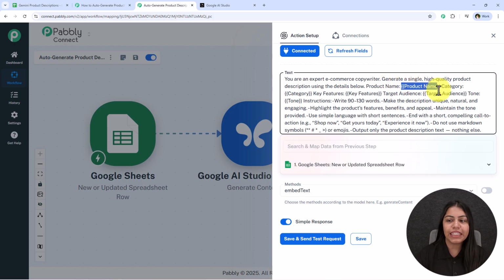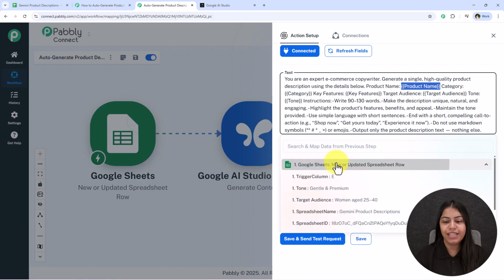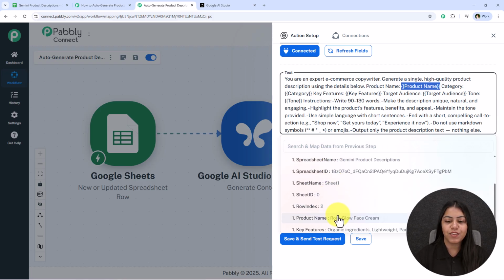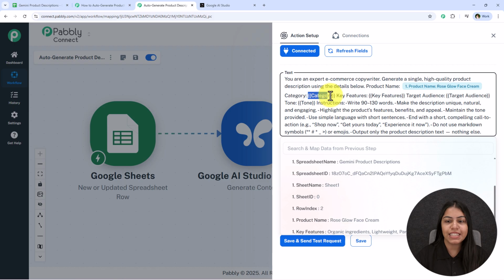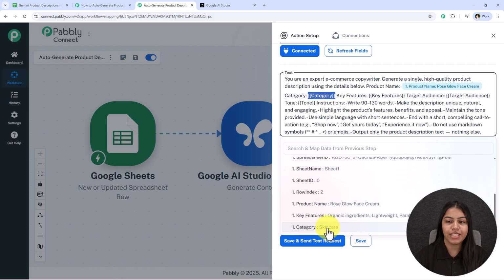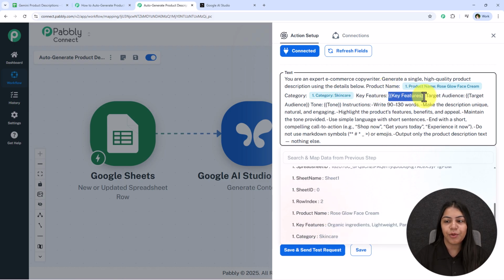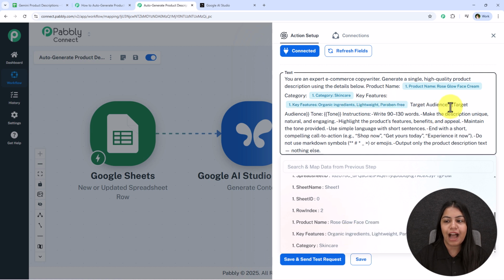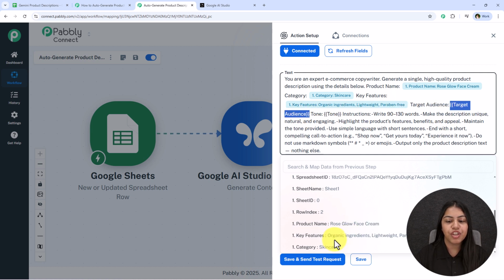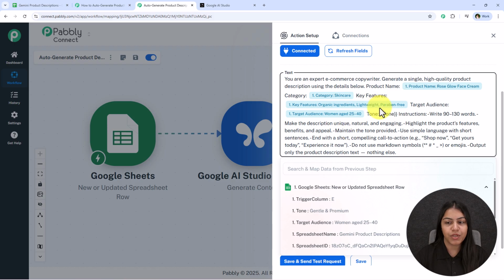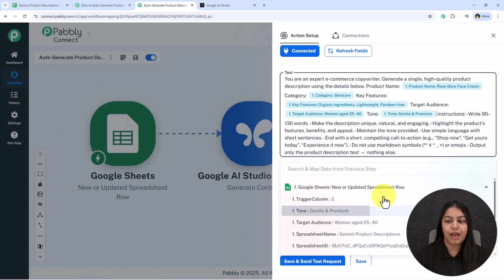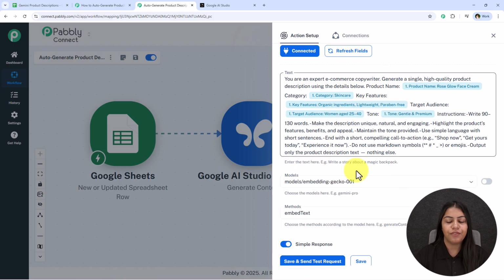But we're not going to enter the details manually by typing it, but instead we are going to map it. So you must be wondering what is mapping. So mapping is a method by Pabbly which means inserting the data from the previous step. And when we insert the data from the previous step, automatically our data becomes dynamic and changes with every new response received. So one by one I am going to map all the details